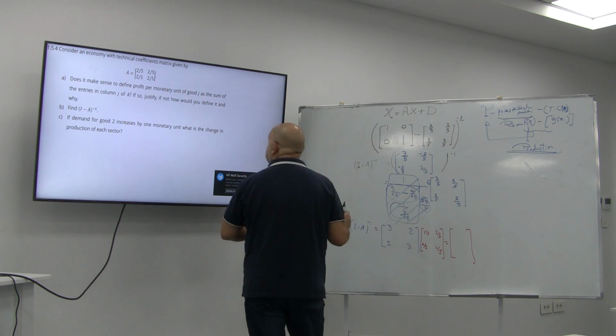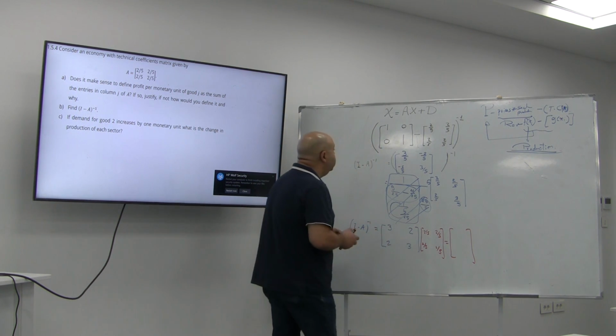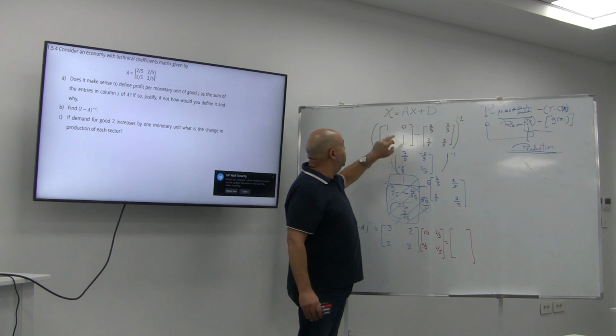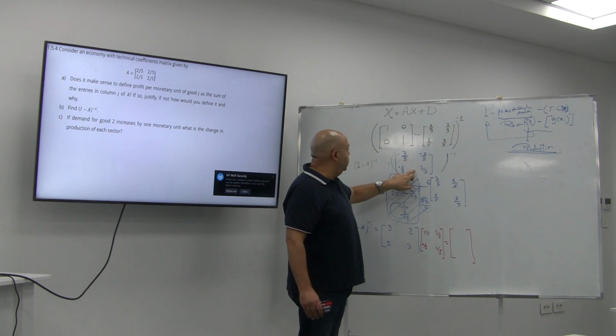Okay, let's check. 3 times 2 over 5, so the first one is going to be 6 over 5, and this one is going to be 4 over 5, so it's 10 over 5, so it's going to be 2. No, there is something wrong in here. For the inverse matrix, what did we do wrong, I minus A, 1 minus 2 is going to be 3 over 5. We are trying to get the inverse of this matrix, so simply we multiply those numbers,